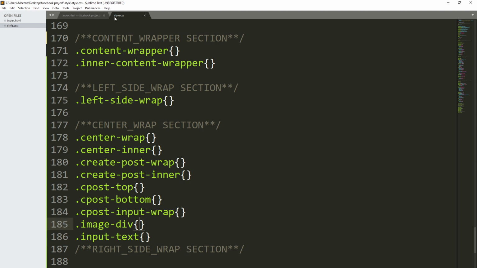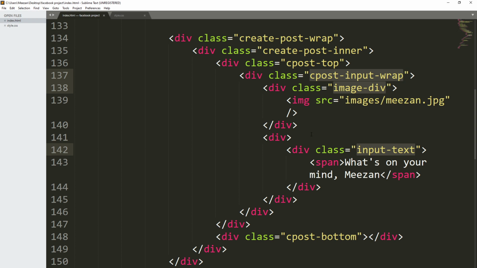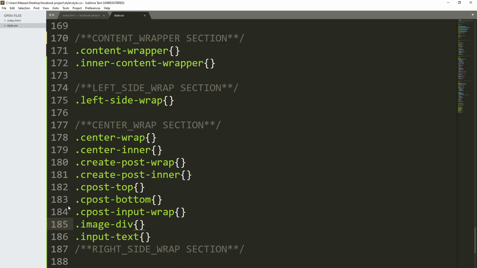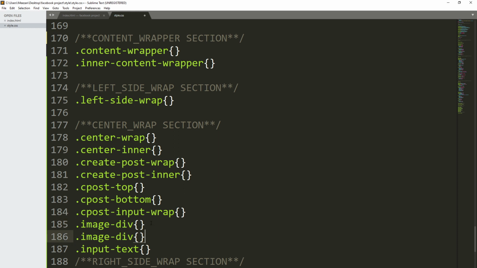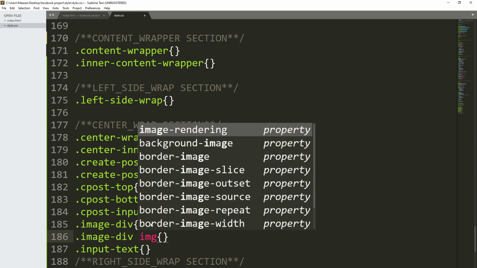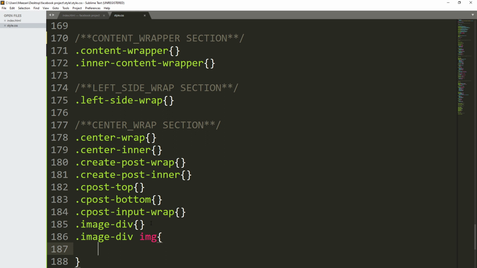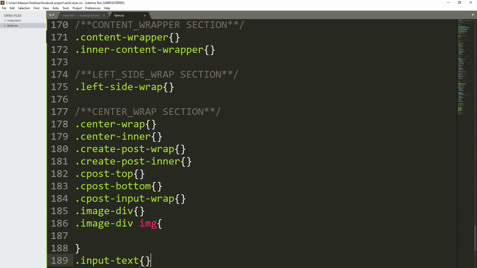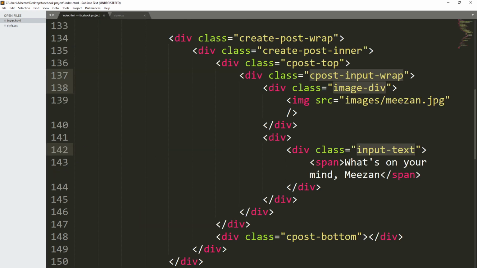So let me see what we have done here. We have added the classes, and it's time to select this image and the span element. So inside this image we are going to copy one more time and paste it here, and we are going to say select image, and this will select the image. And inside the input text we are going to select the span element. As you can see, we have a span inside the input text,